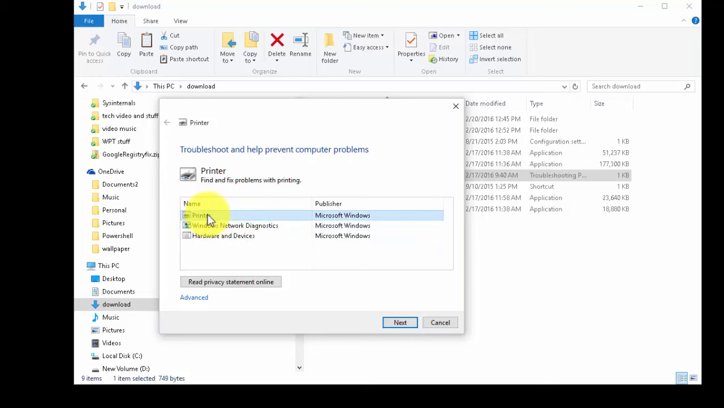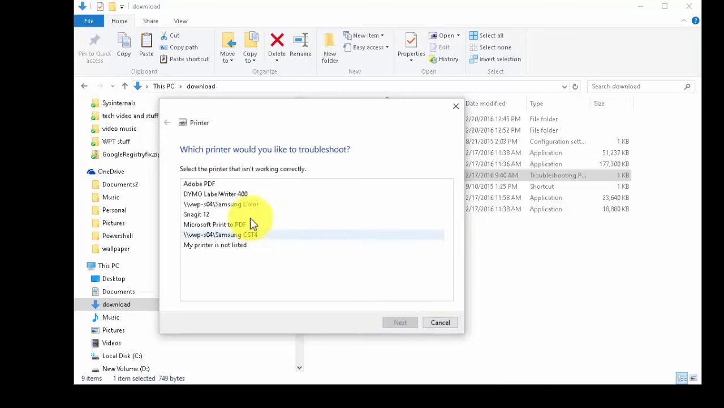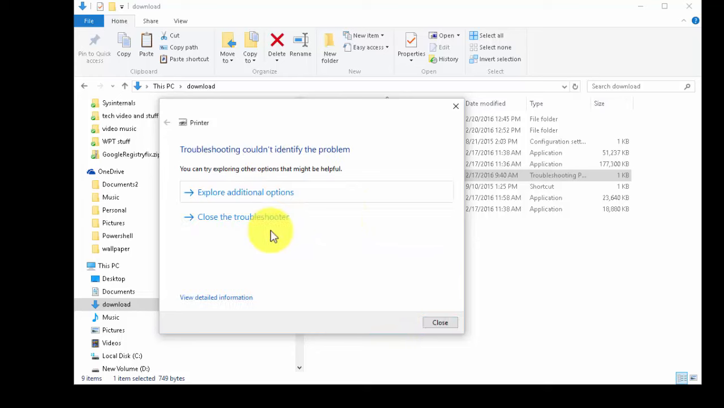I'm going to choose that one and go next. And it will begin the process of looking at all the attached printers. And I can choose one and it will begin the process of troubleshooting. And it really looks at issues. So this is another nice tool for troubleshooting. It can help you find out what possibly is the problem with your